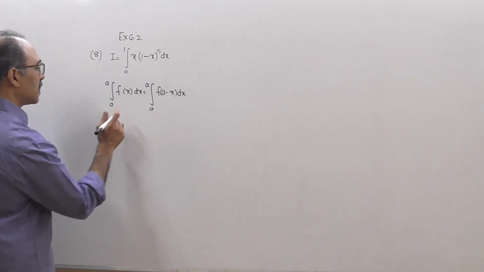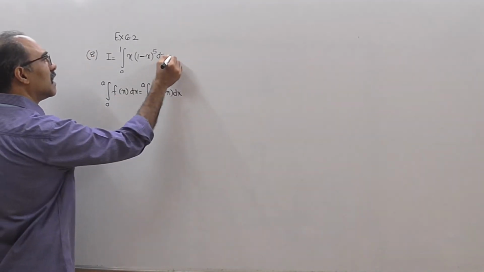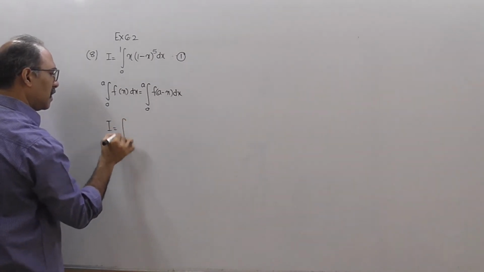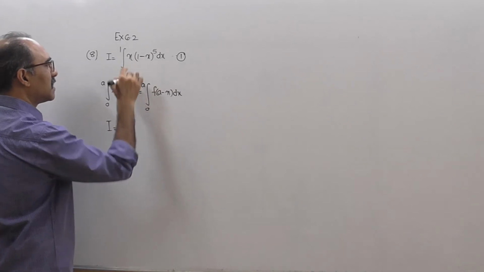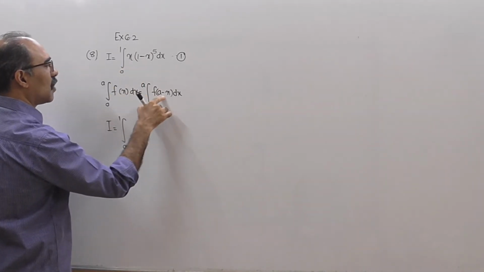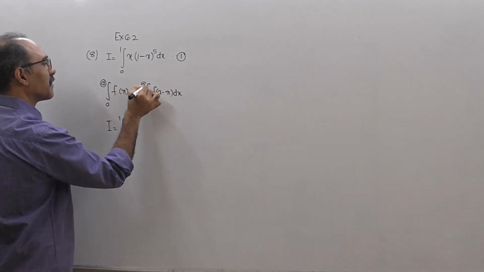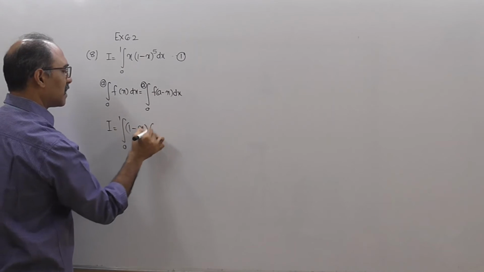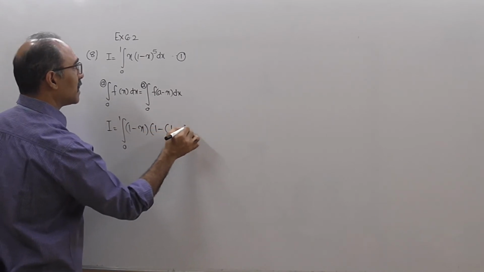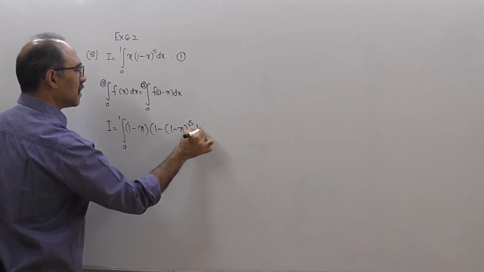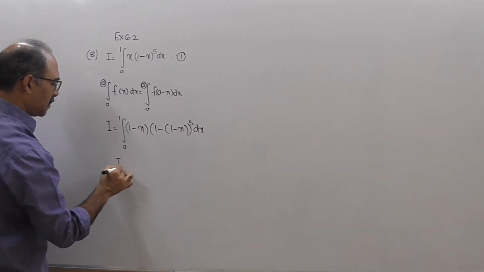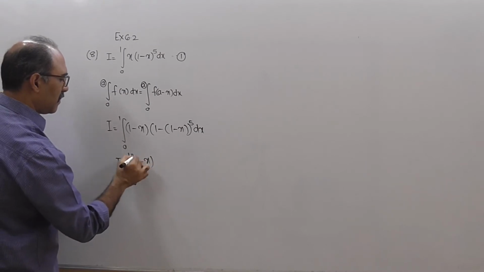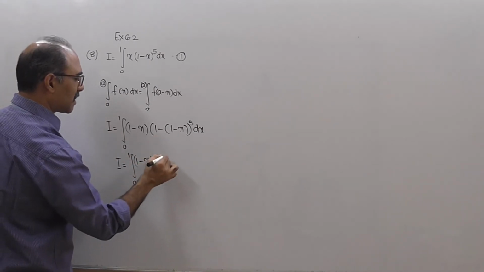So when you cannot open this up, what I will do is, I will call this I equals integration 0 to 1. Wherever there is x, in this case replace all with a minus x because it is 0 to a. So if it is 0 to 1, replace all x with 1 minus x. So you get 1 minus x, 1 minus 1 minus x, the whole raised to 5 dx. So you get I equals integration 0 to 1, 1 minus x, and if you open this, x raised to 5 will come.